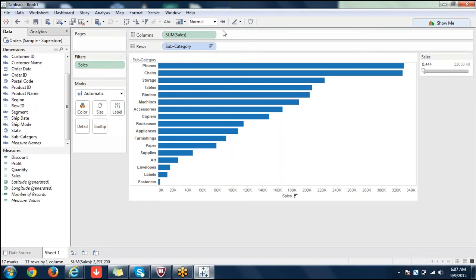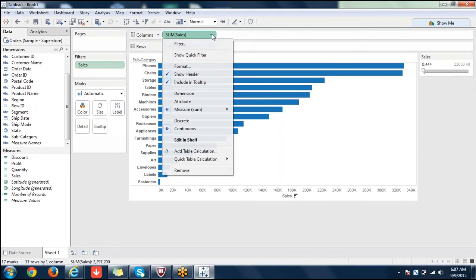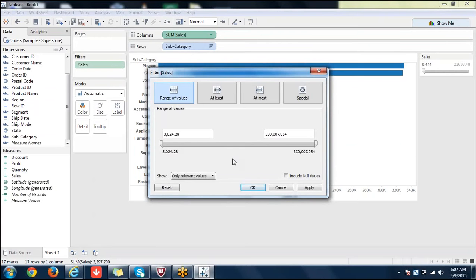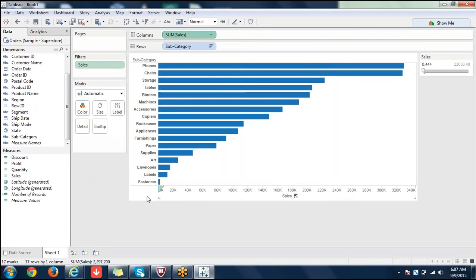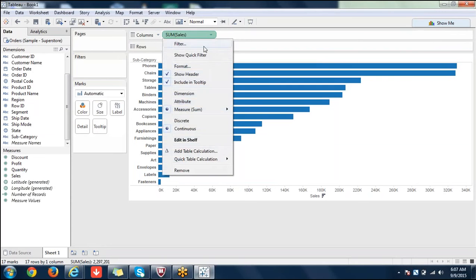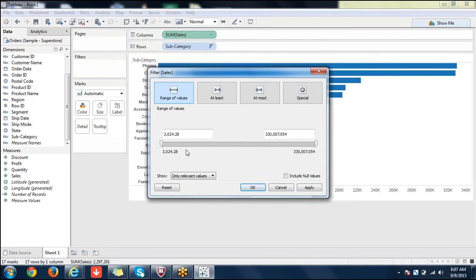Not only here, you can go here, click here, and say filter. It's the same filter only, no change at all.